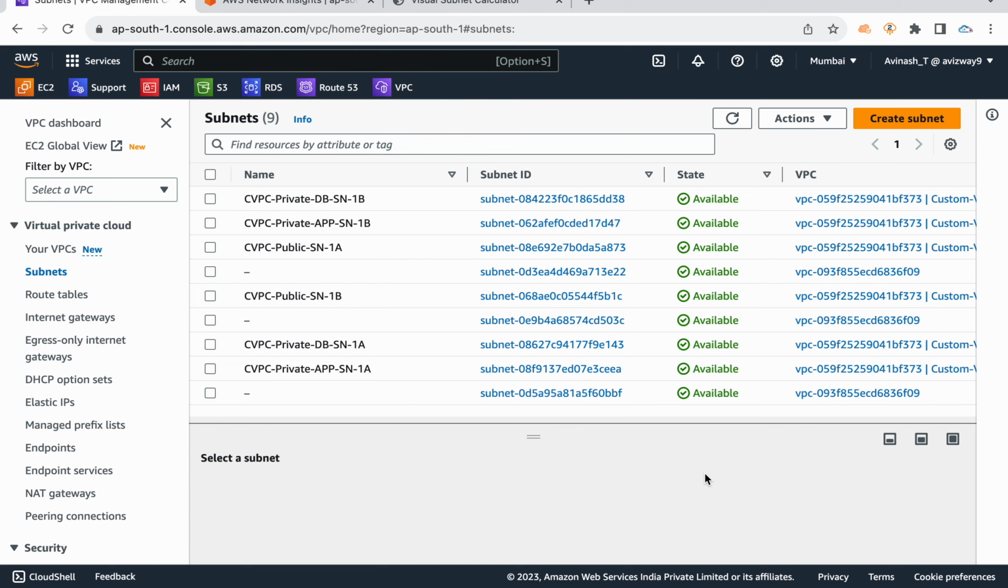So then how can we access it? Let's assume you have an EC2 instance in a private subnet. How can we get internet for those private subnet EC2 instances? For that, we have an option called NAT Gateway. With the help of a NAT Gateway, we can provide internet to all our private subnet